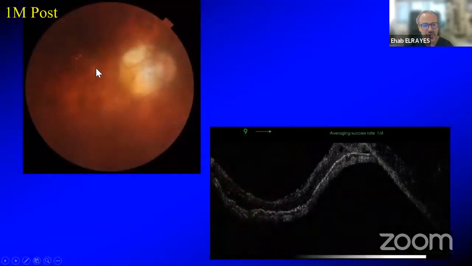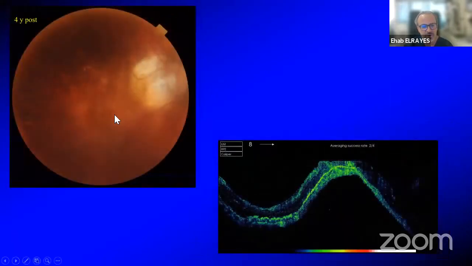1 month post, you can see the indentation is right there, and this is how it looks with the choroidal separation and the cavity that's created, the choroidal thickness, and the hole closed over this. That is taken at 1 month. At 4 years, that same patient, again, you can see the indentation, and we ask ourselves, what is filling this space? What happened? Because if we are looking at hyaluronic acid, we expect it to go away by 12 to